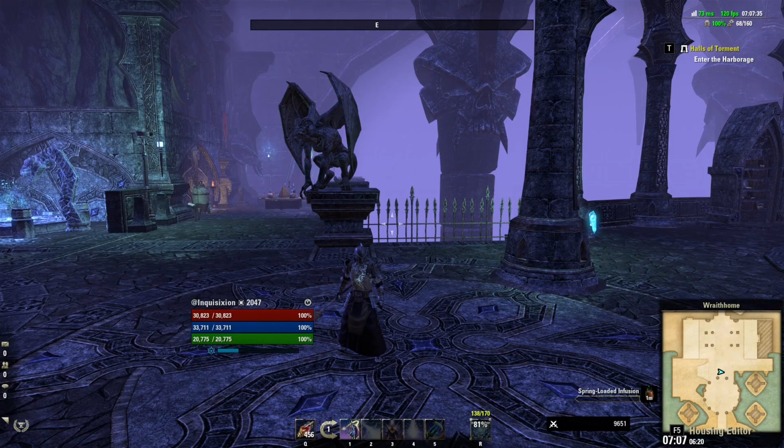So this was my PvP Magicka Sorcerer build. Both versions, either CP or no CP, have great survivability, fantastic sustain, they hit like a truck, and are extremely fun to play. So go out there,